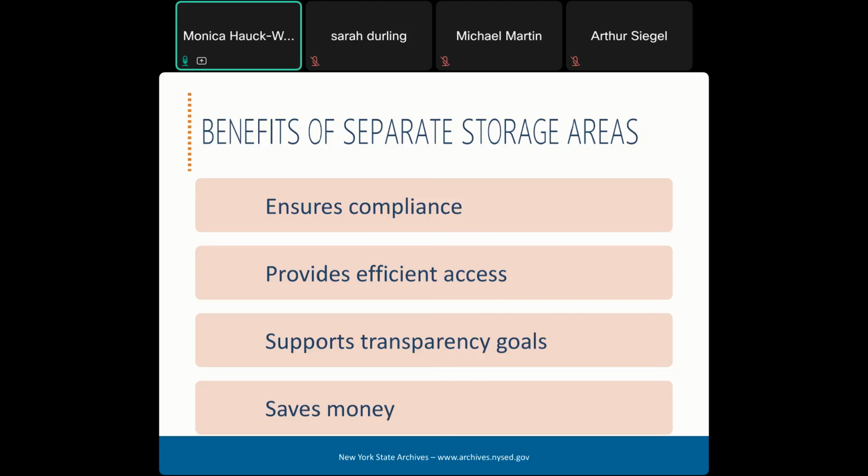Easy availability also supports transparency goals. When it's quick and easy to retrieve records, and when you're able to identify all records responsive to a specific query, it's going to be much simpler to respond to public service requests, FOIL requests, discovery demands, subpoenas, audits, all those things that keep us up at night. Prompt and complete responses can help maintain or improve your government's public image and can be cited when documenting that staff are dedicated to meeting their information transparency obligations.